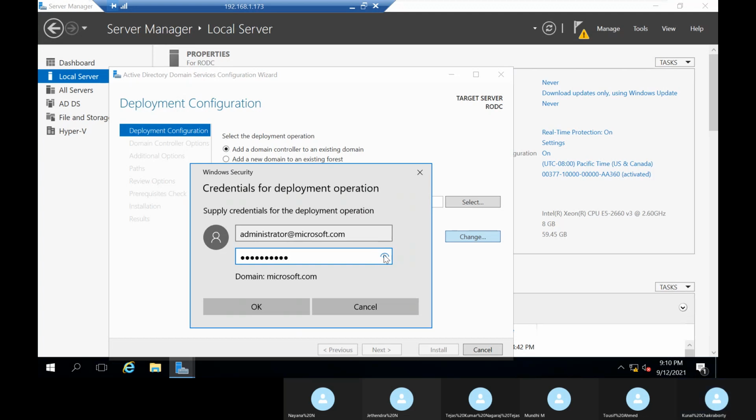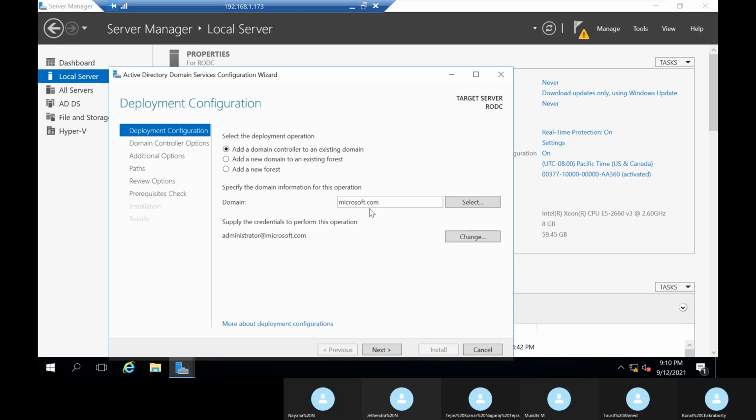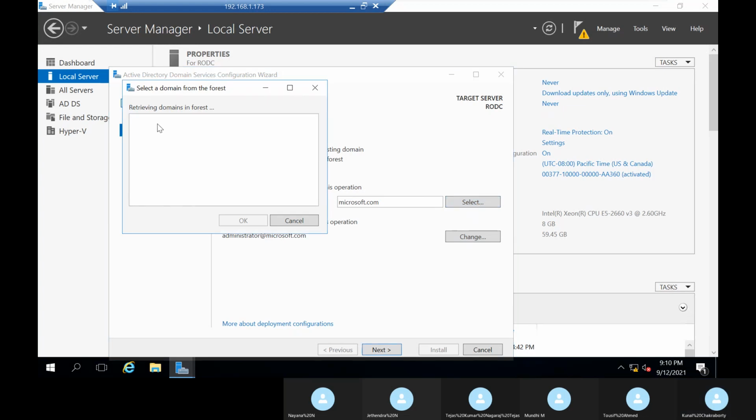Username we should give one. Now you can see Microsoft.com has come. Now to verify, just click on Select here. Retrieving domains, if it shows, then only it will create RODC. Otherwise, it will not create.